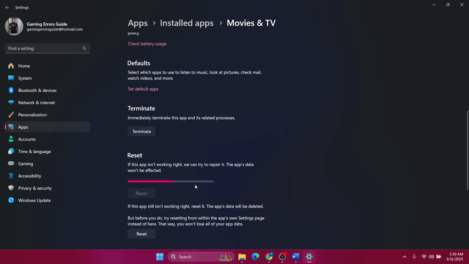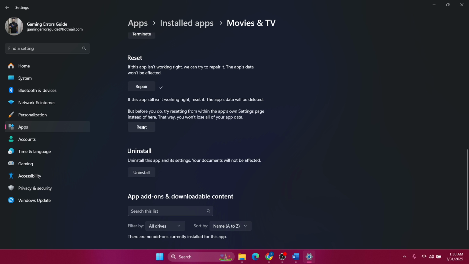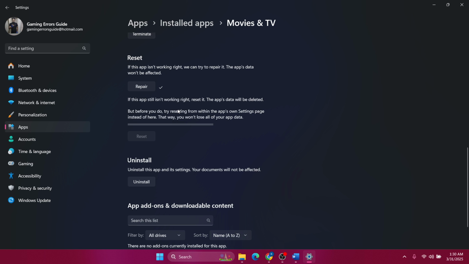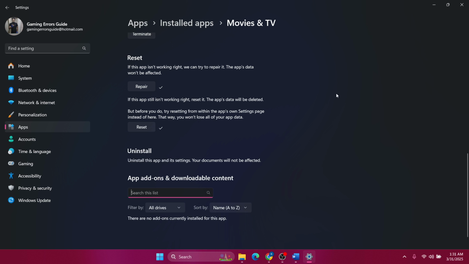It needs a few seconds for it, and the affirmation for this one is that you see a tick here, and that tick means that it has been repaired. Then you can click on Reset and then on Reset once again, and it will reset this app. Okay, if this doesn't help either, then just uninstall the app, uninstall it, and once you're done with it, search